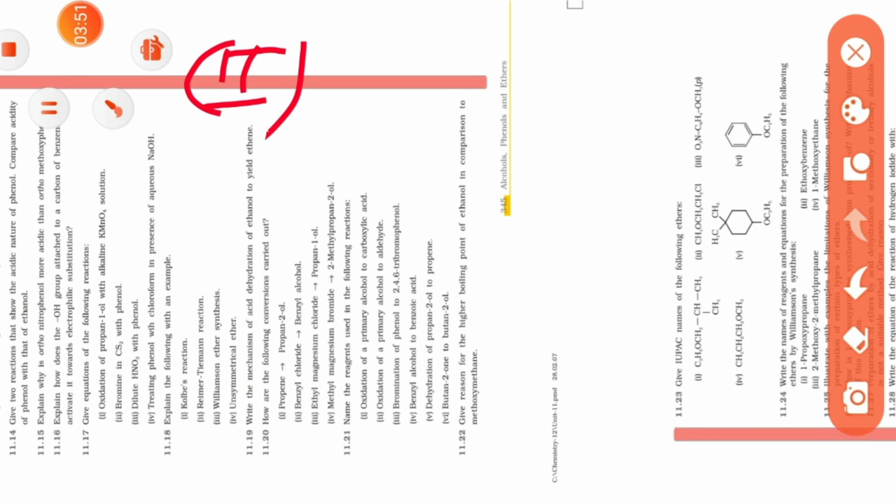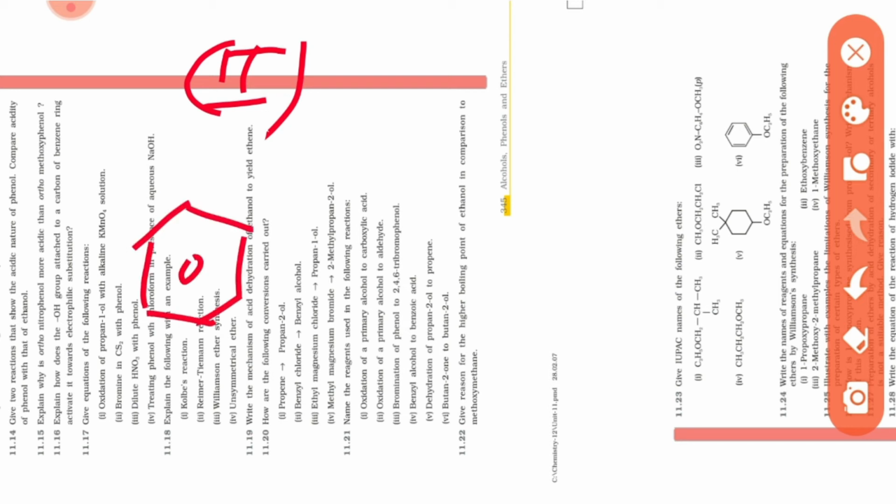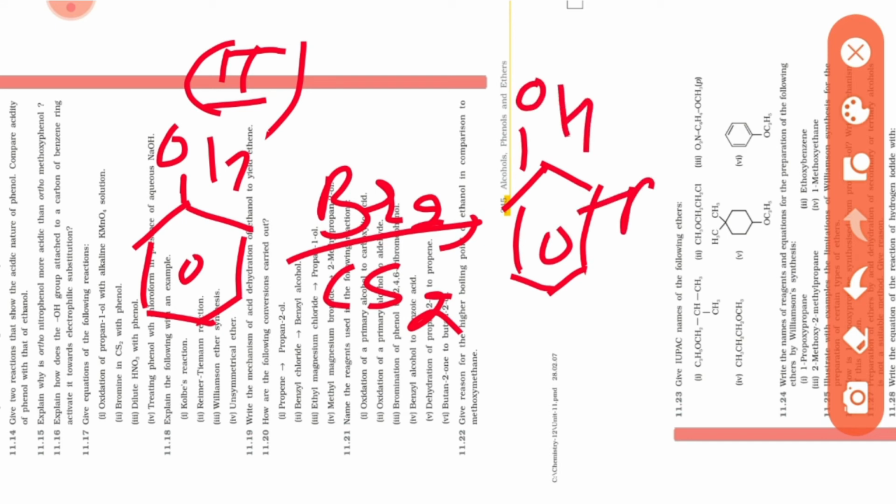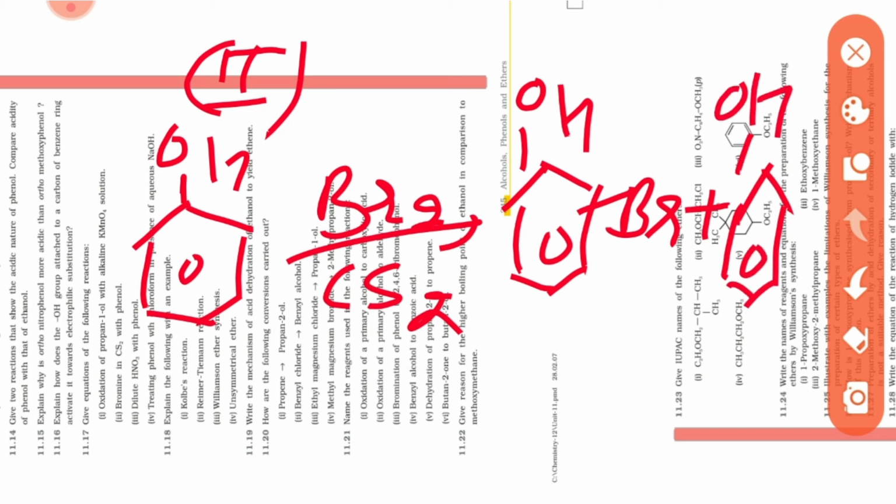Now after that we have the second part of this question, bromine with CS2. I think we have done this in the notes, where we did two reactions: one in the presence of water and one in the presence of CS2. This is the bromination in the presence of CS2. Then OH will be there, Br will be at the ortho position and Br can be at the para position. And students, one more thing I told you previously also: in place of CS2, if there will be water, then there will be tri-substitution, as we have already done.